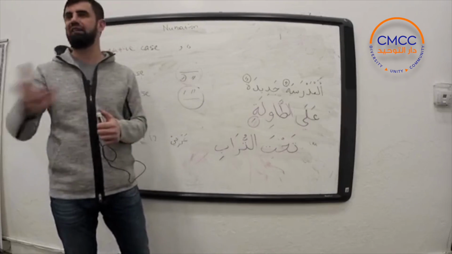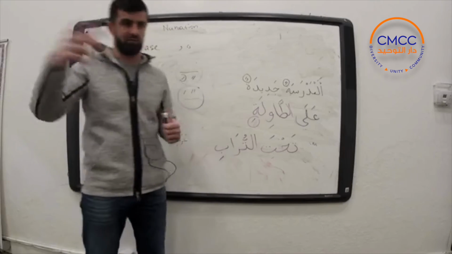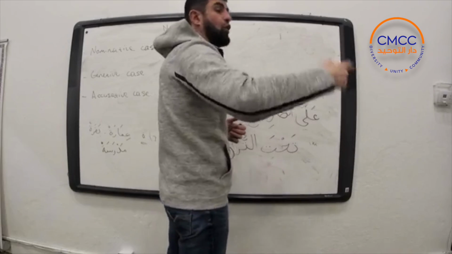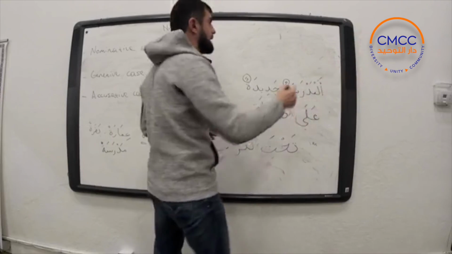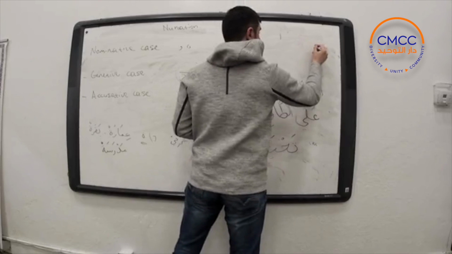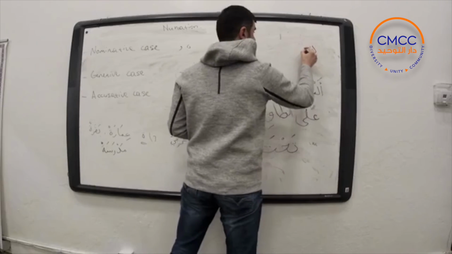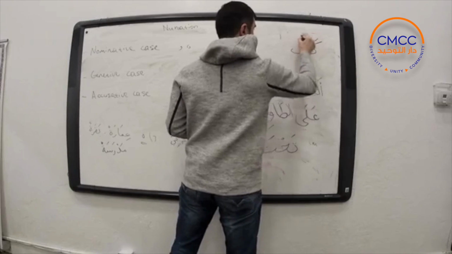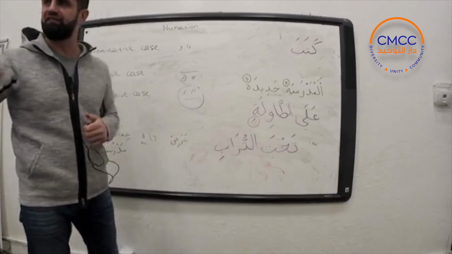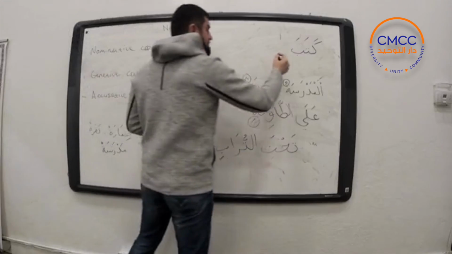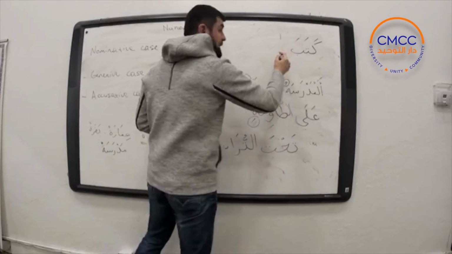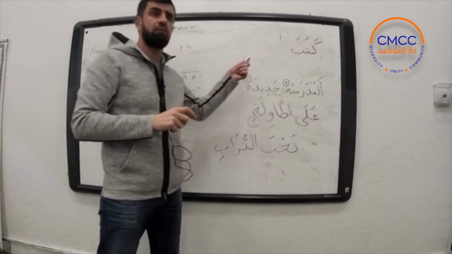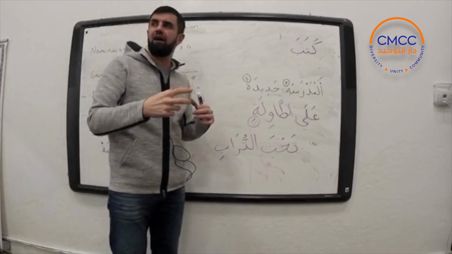Actually, kitabun comes from kataba. So let's say he wrote a book, okay? Kataba means he wrote. And after that, if we put a noun,